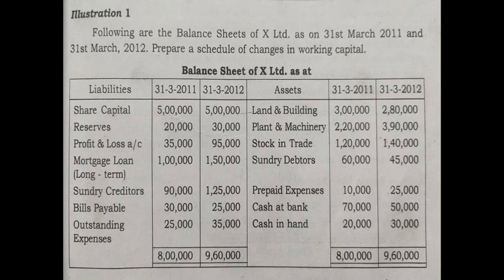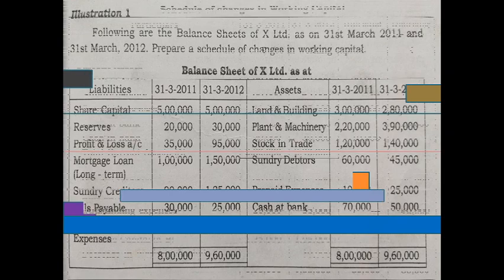That is the first basic thing you need to be familiar with, because knowing how to prepare all these four steps, which we have discussed previously, in the preparation of the fund flow statement doesn't mean that you will get the right answer. These basic things have to be familiar: what items come under current assets and what items come under current liabilities. So let's prepare a schedule of changes in working capital depending upon the details given in the balance sheet.